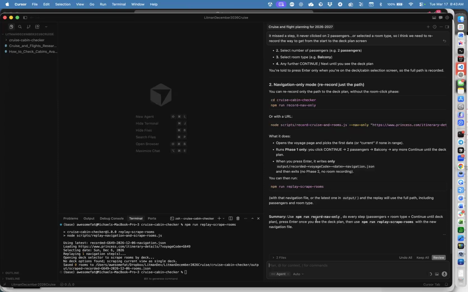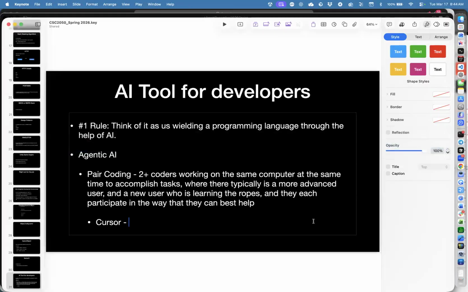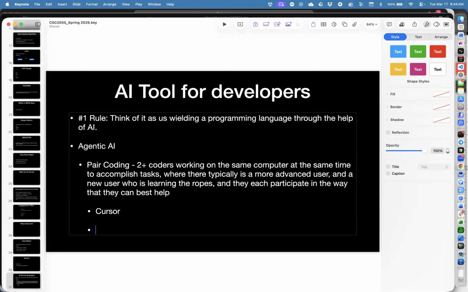That's when these agents become really powerful, because it's like, oh yeah, I could have spent 200 hours on that, or I could have just gotten you going and gone and made lunch. And when I came back in 30 minutes, you'd been done for 20. Pretty impressive stuff. So this is pair programming. So Cursor, we're going to say, is an example of pair programming, pair coding.